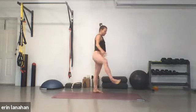Let's take a deep breath in. Exhale, hands come to the heart. We'll take another deep breath in. Exhale, we start to just fold forward as we transfer the weight, right? Into that left foot, take flight. Warrior 3. So either your hands are at your heart, okay? Or you can take your right hand to your right hip, extend your left arm forward like we did in our tabletop, or both arms reach forward for 3,